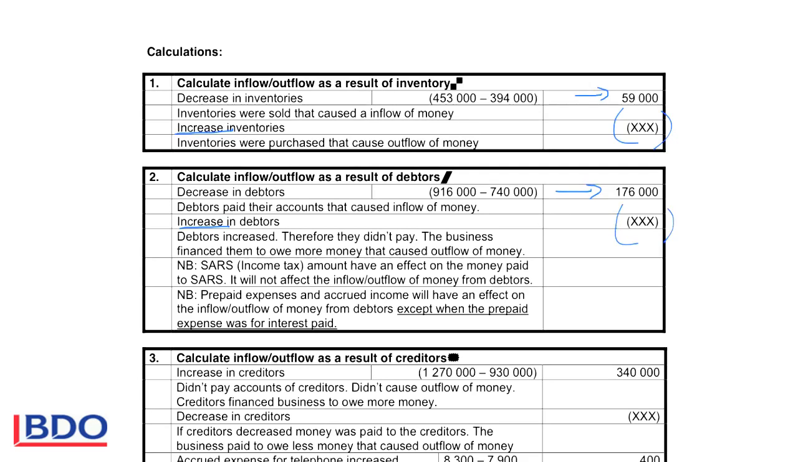SARS will not be taken into account with the debtors, and prepaid expenses in connection with interest will not be taken into account because it will be shown separately on the face of the cash flow statement. If we look at